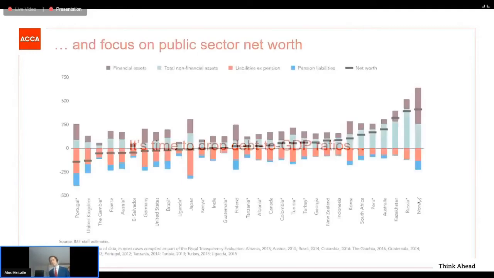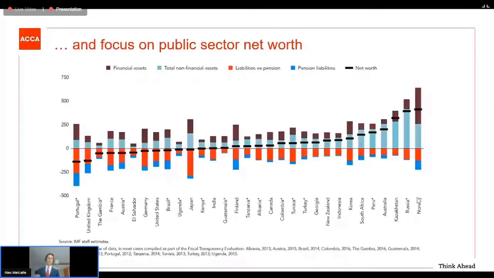That's setting out then that we need to move away from just our debt to GDP ratios and move towards something more like a comprehensive view of public sector net worth instead. The slide in front of you sets out, across a number of economies, work that was done by the IMF and published in 2018. Above the line of zero, you're seeing different financial assets. Below is the amount of liabilities, and the black line is showing you the net worth position of each of those countries. And we need to now include public assets and non-debt liabilities in supporting our thinking